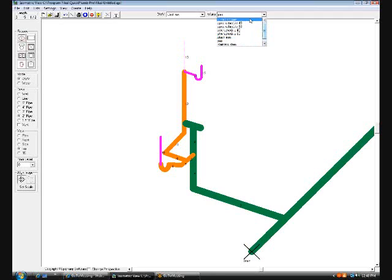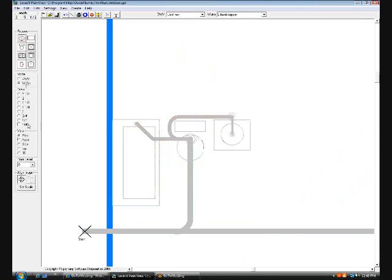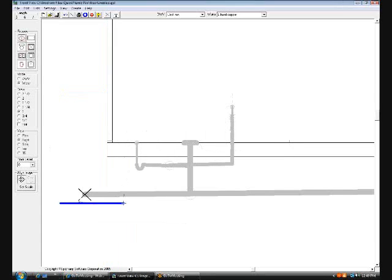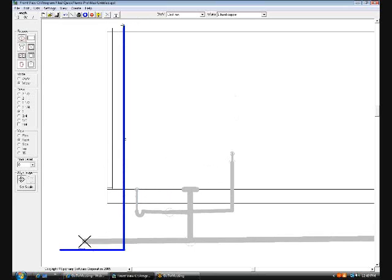Let's do a, I'll give you an example. We'll change this to type L copper. And let's say, show the guys how you would draw it, say if the water lines were coming overhead. Okay. Well, typically we'll come into the building underground, and I'll just select the default of 42 inches. Okay. And we'll go to the front view, and we'll bring a pipe on up into the attic,